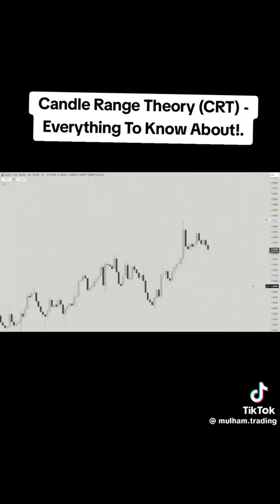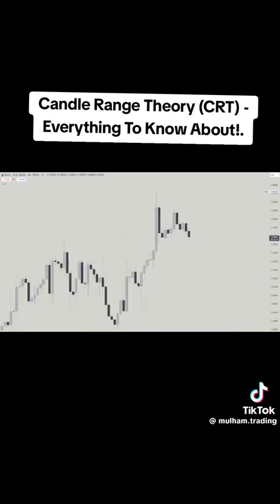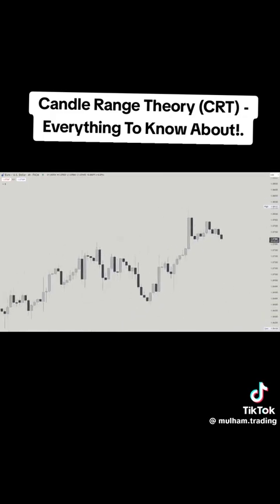Now, I have a new approach that I've been teaching for a long time. I was teaching this in the mentorship, and I was also teaching this on Discord for free and on YouTube. There's a video about the 4-hour sweep, but we're not looking for any sweep. What we're looking for is a fractal. So you see, there are a lot of times where CRT doesn't work. What to do with those? We've got to take another approach.